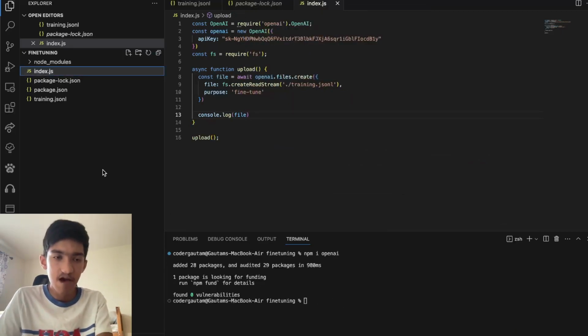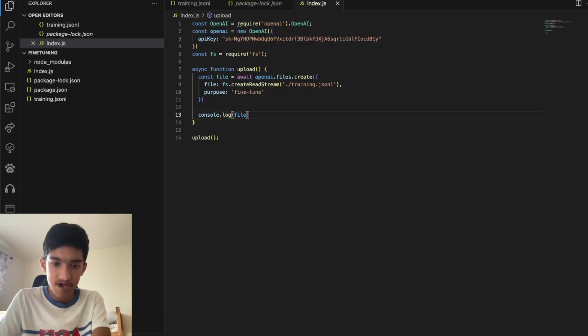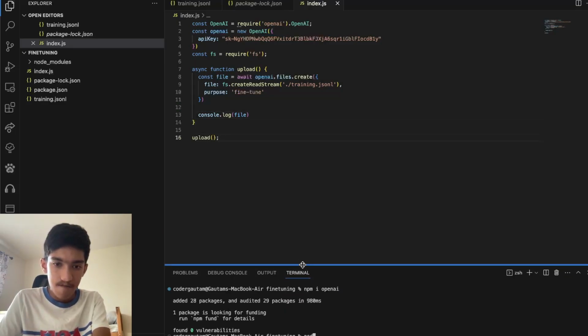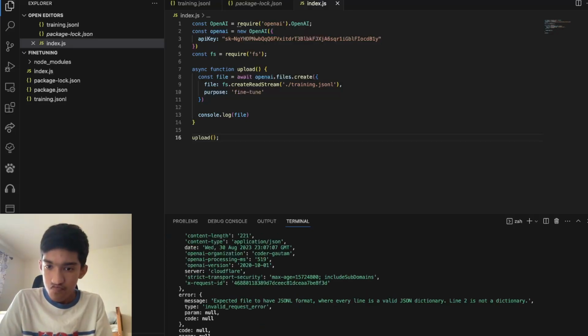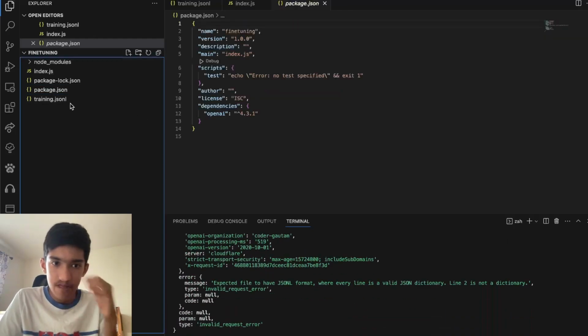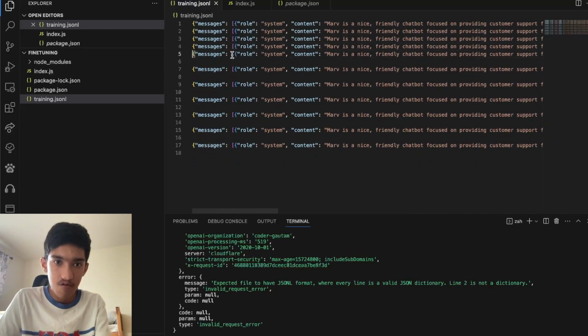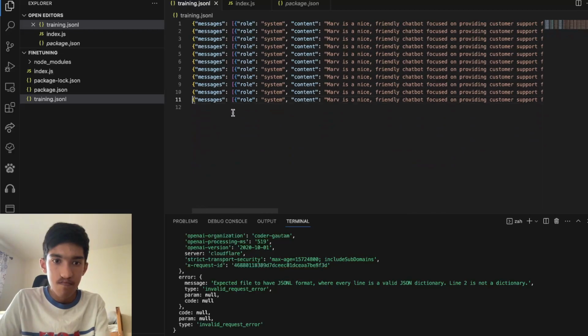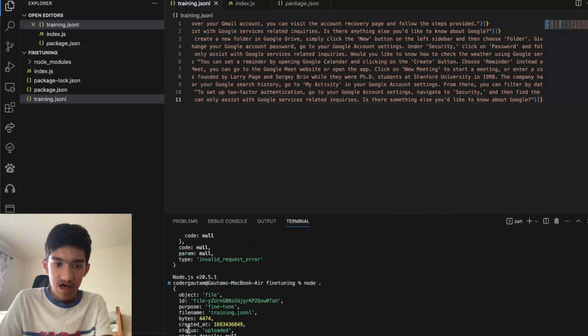To run this, make sure you have Node.js installed and you're on that folder. You can open up a terminal by just dragging it up from here. Open up a terminal, and here you just type in node dot, and this. We got an error. Oh, I see what happened here. There should not be these empty breaks here, so I will just clear those out real quick. Okay, and it should be exactly in this kind of format. Let's try this again. And now we have a file which is uploaded, we got status uploaded, and we got